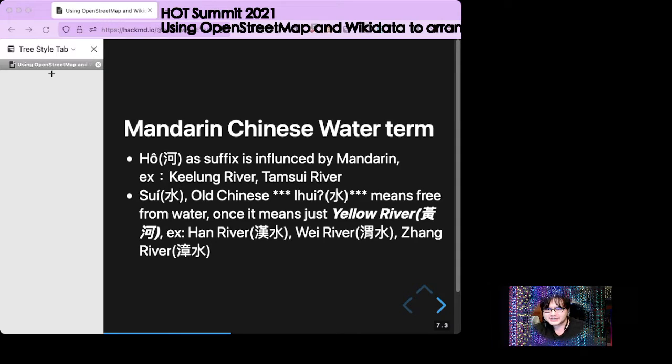I also have to mention "shui", from Old Chinese. In the old time it just meant the Yellow River, then it became a suffix for rivers, for example the Han River and Wei River.